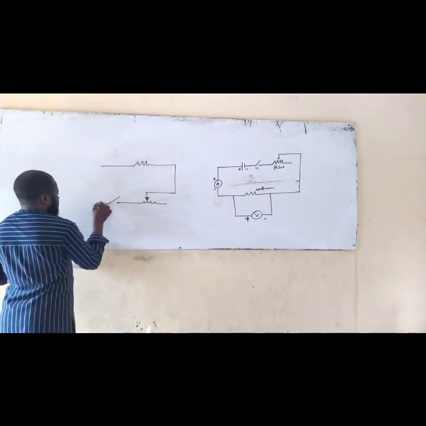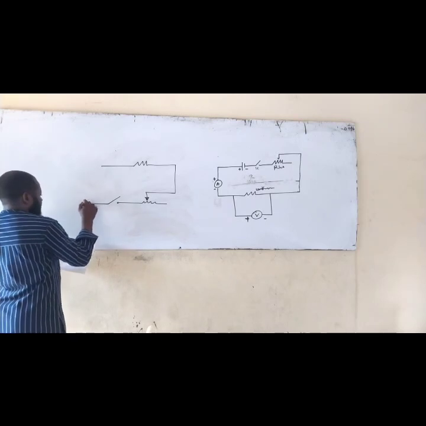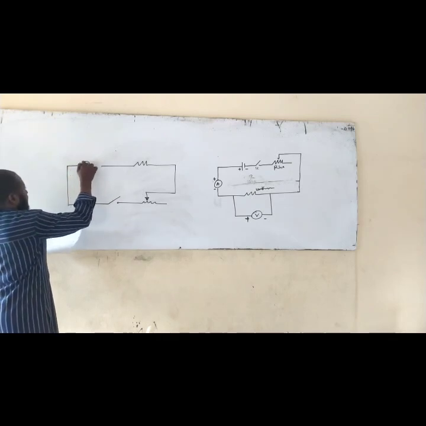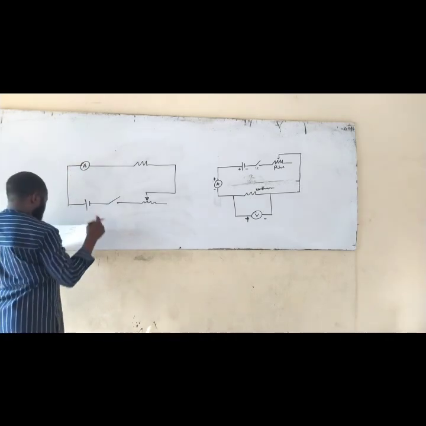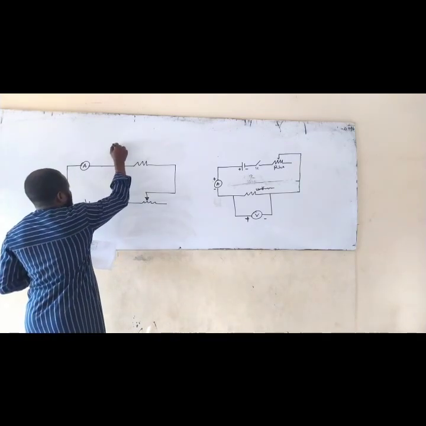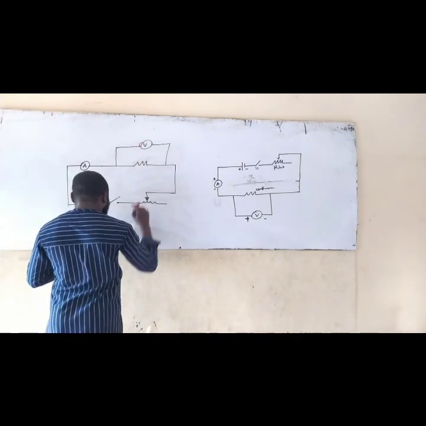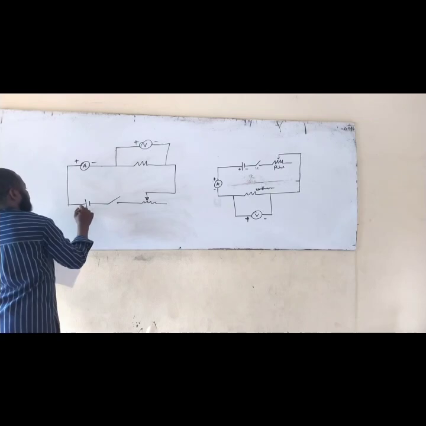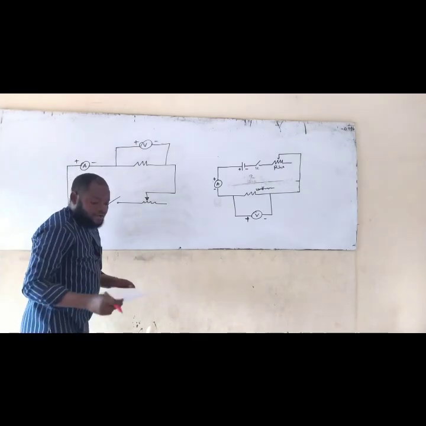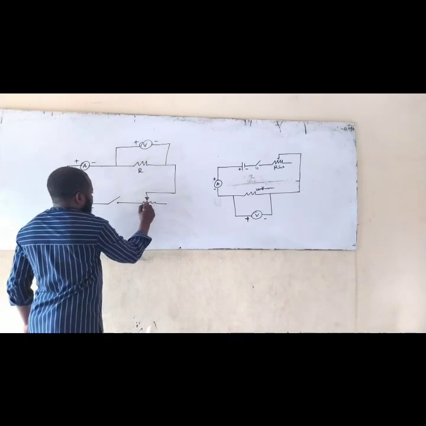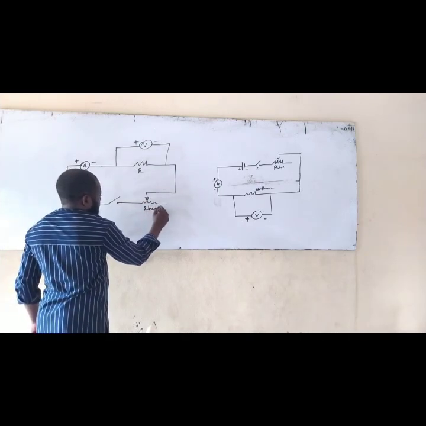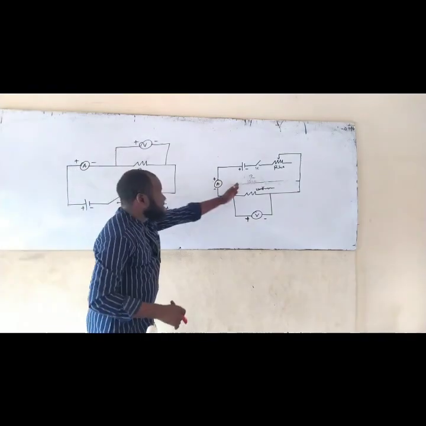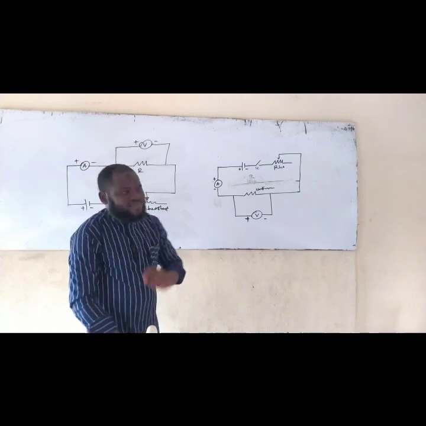and here is my key, and I have my cell here, and then at this point I have my ammeter connected to this place. Then I have my voltmeter connected like this. So this positive, negative, negative, positive, then positive, negative. If I have this, remember, this is your rheostat, and this is your resistance box. So if you look at this diagram right now, they are not the same, right? But it is still the same thing.